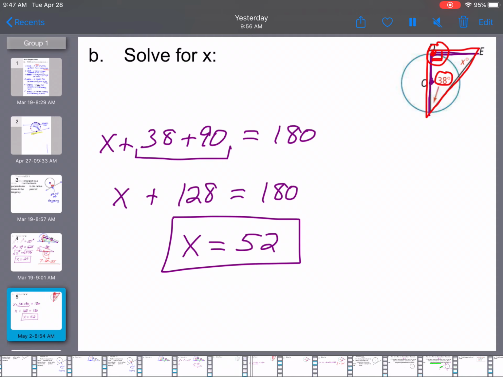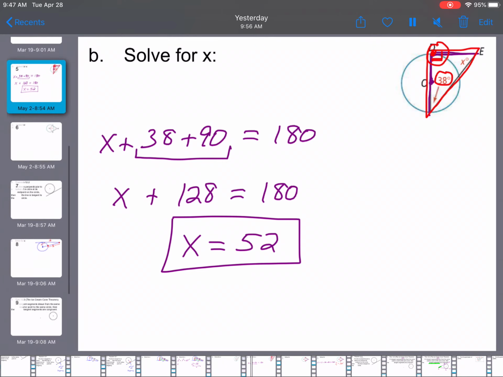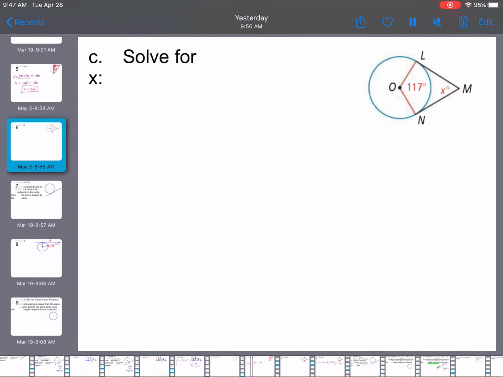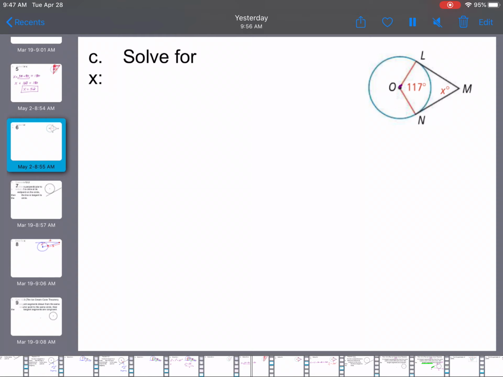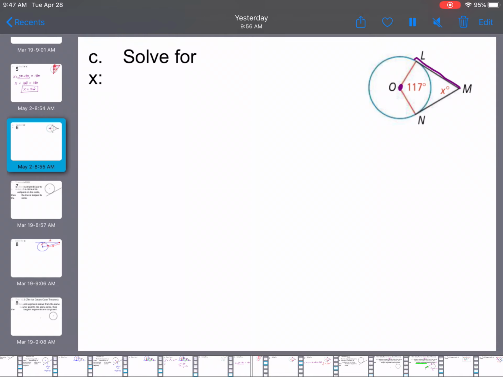Okay, so like I said, I think that example was a lot easier than the one we just did in part A. Let's take a look at C now, everybody. This one's similar, maybe a little bit more complicated than the one we just did. Again, we're dealing with angle measures here, and in terms of the assumptions we're allowed to make in the diagram, yet again, we can assume that the blue figure is a circle, we can assume that O is the center, and this one actually looks like it has two tangent lines. LM looks like it's tangent to the circle, and NM looks like it's going to be tangent to it as